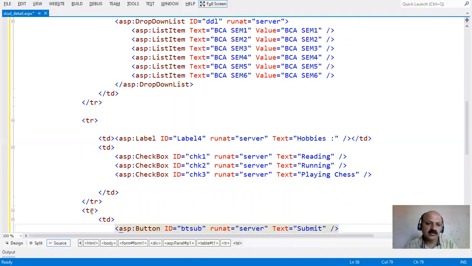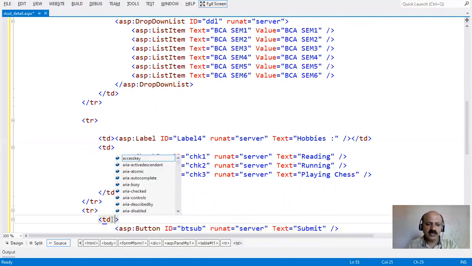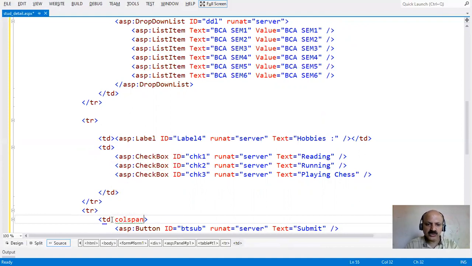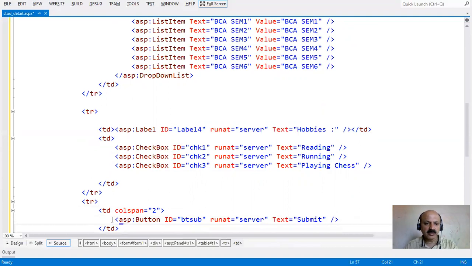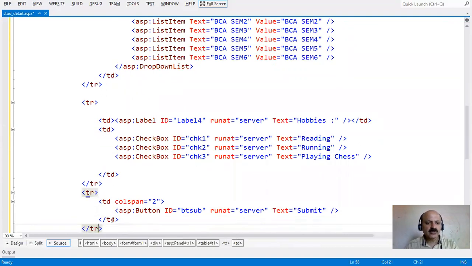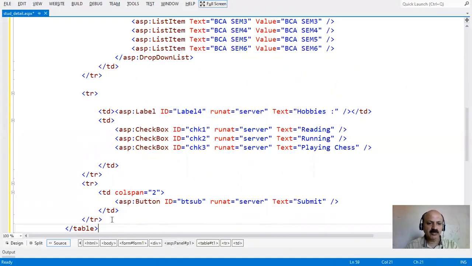In that row there is only one control, so in the TD, the row span and column span attributes are there. Here we use column span 2, so that the button holds the 2 columns of that row. You can also use row span, based on your requirement.